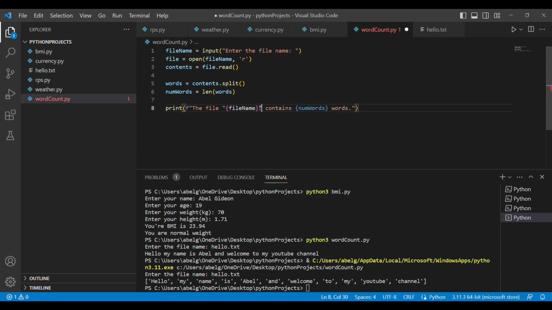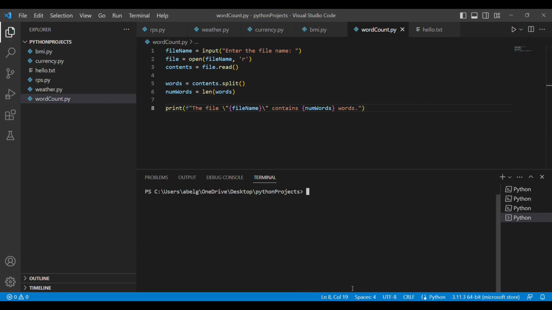But as you can see, that brings a problem because double quotes are used to define strings. So in order to use normal double quotes, we need to escape them. That means we need to use the escape character. As we've seen before, when we typed in a new line, the escape character is a backslash. So before our double quotes, we're going to put in a backslash, and we're also going to put in a backslash for our first double quote. And that means now these double quotes act as normal double quotes and they do not act as strings. So once we do that, we can save our file and we can go to the terminal and run it.